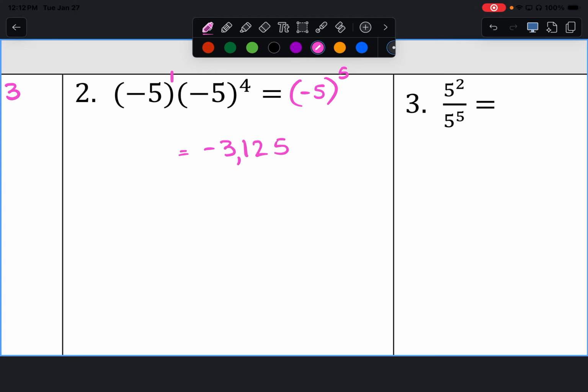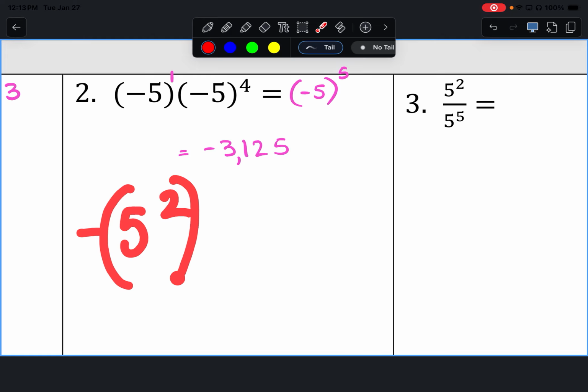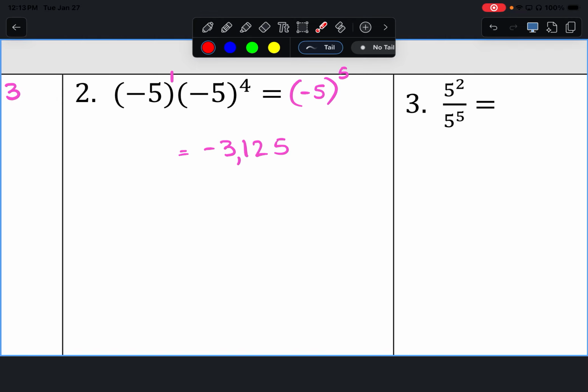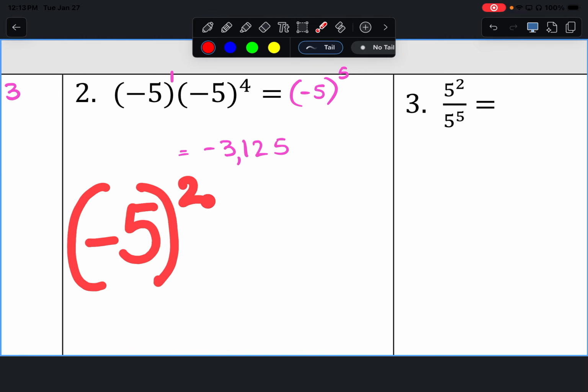All right, now the reason this one is in parentheses is because of the negative. Because there is a difference when you type in your calculator. If you type in -5 squared, your calculator is going to say it's -25, okay? Because it's reading it like this. But if you type it in with parentheses, (-5) squared, it will give you 25, which is the correct answer,